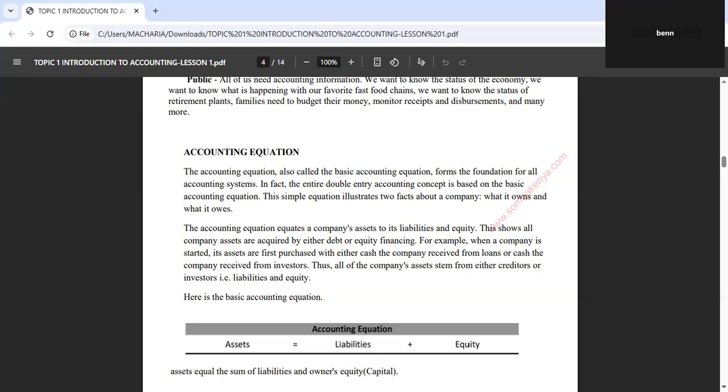If you start your business, the amount of assets should be the same as the total amount of liabilities and equity. In what sense? If I'm starting a business with 100 million, I transfer this 100 million and buy assets. So it means the 100 million, which is my capital, will have equivalent assets worth 100 million if all the assets were utilized.